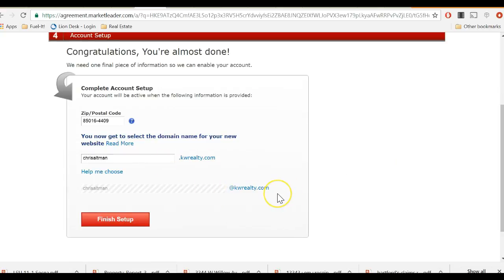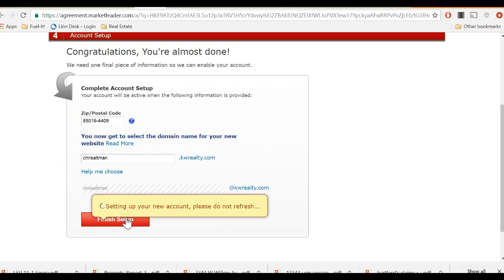It'll create this email address. That's really for the background systems that exist and the background website that they create for you. There's not a whole lot of reason to really remember this, but make it easy. Don't make this funky numbers and letters that you're not going to remember. You may have to know this later on in some setup, so just make sure you remember what you made this right here. Once I hit finish setup,